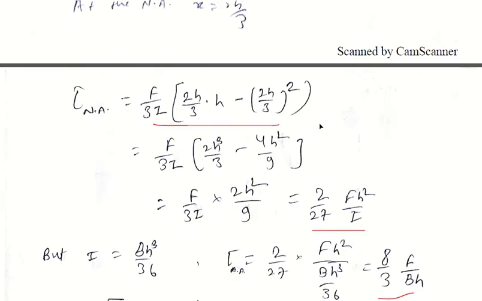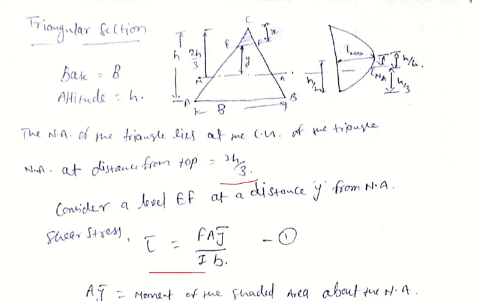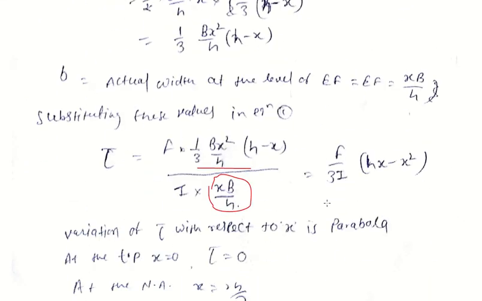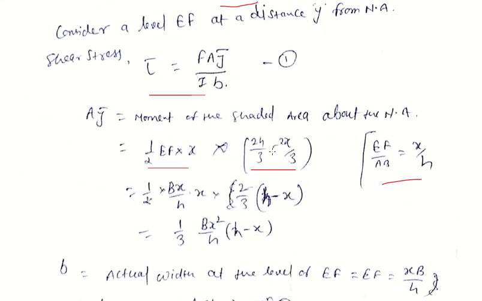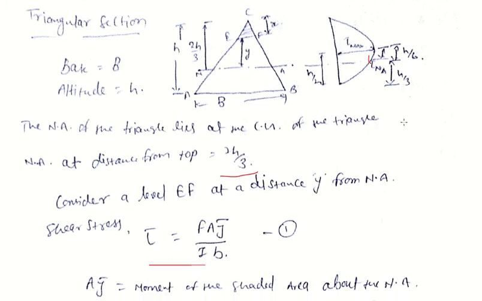Now this is the shear stress distribution. Here is the shear stress distribution, which is h by 2 from top or bottom. Here is the neutral axis. The variation is parabolic because tau is directly proportional to x square. So the variation is parabolic, and here is tau maximum, and the distance between the neutral axis and the tau maximum point is h by 6.